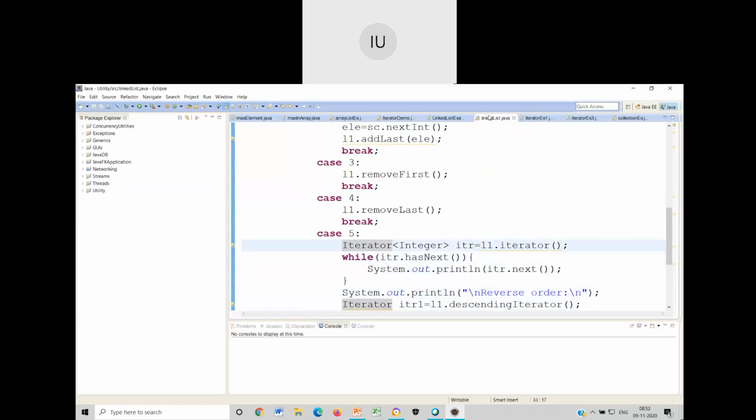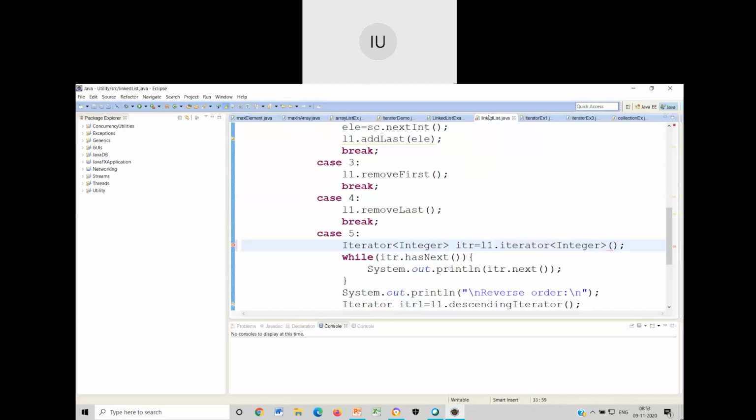Iterator is an object. Iterator is a class. We have seen in the previous class. This iterator, even for this, I want to do the type safe. Similar to int i, we do int j, similar to that, I just want to create an object by name itr, which is of type integer. Of course, I have not written over here, sorry, integer.